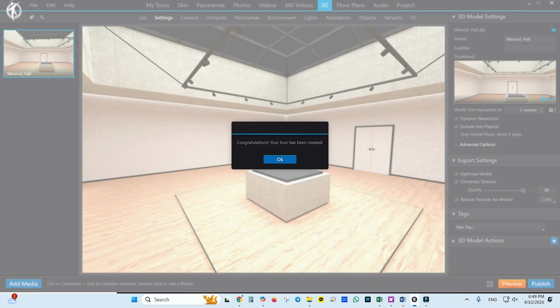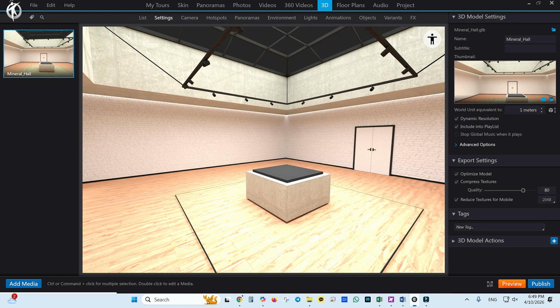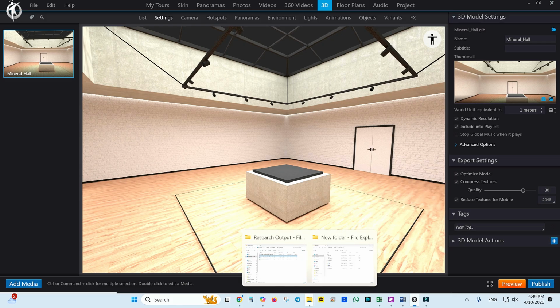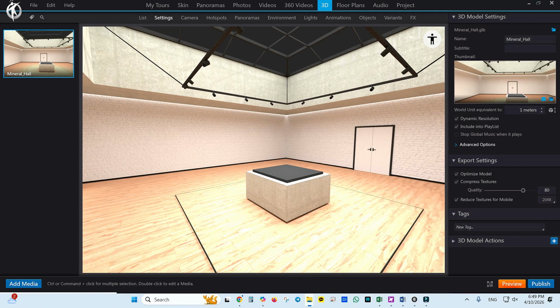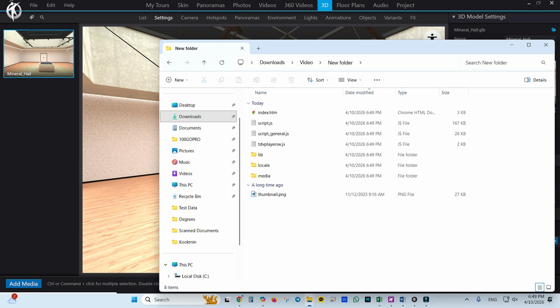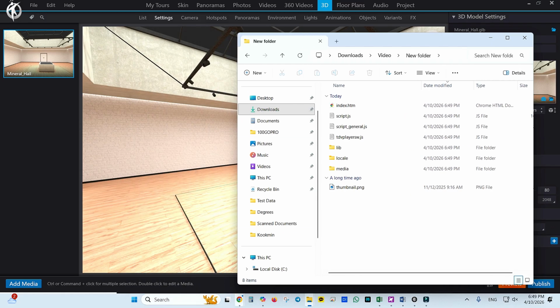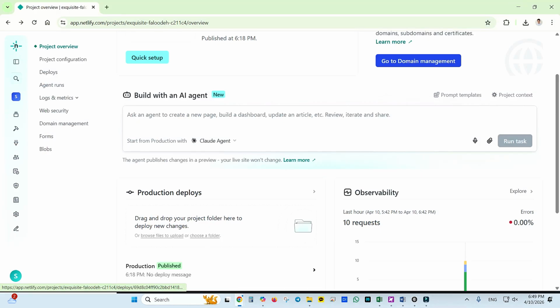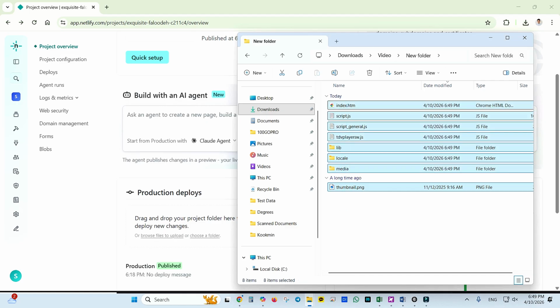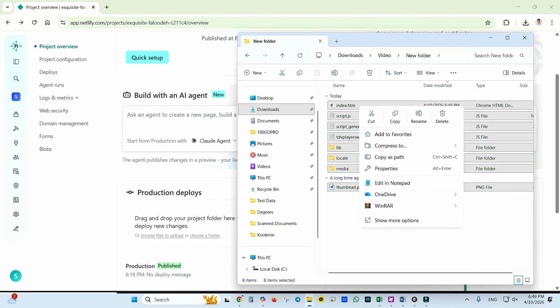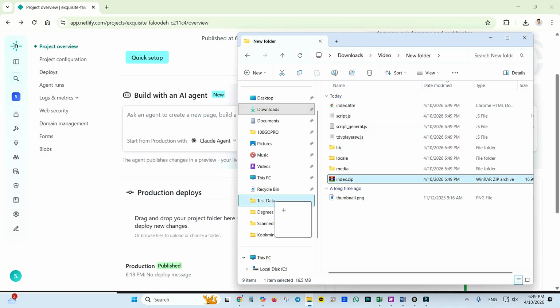Okay, now we need to make our visual tour online to be able to share a live guided tour with our friends or students or customers. So we can publish the tour in our personal website, or in this quick tutorial I will use some online services like Netlify here. So for this service I just need to compress all of my published files to a zip file. So compress to zip, and then just simple drag and drop,